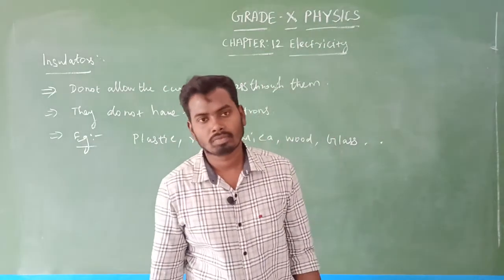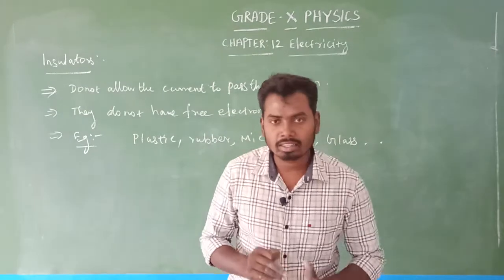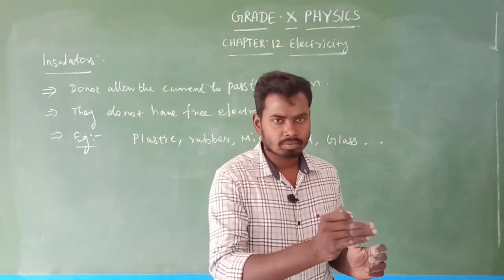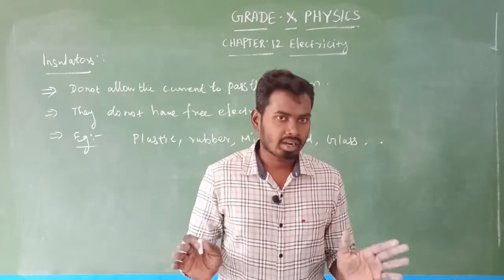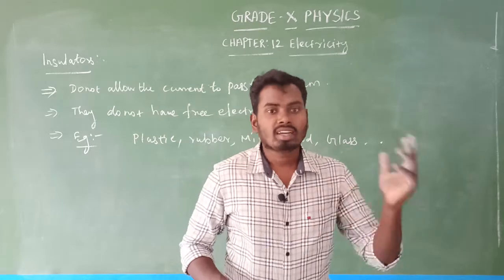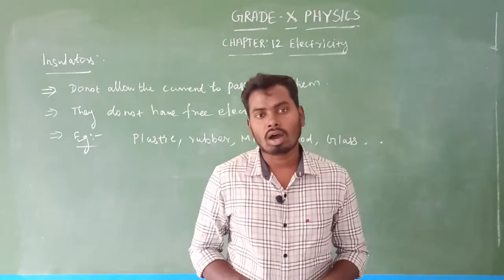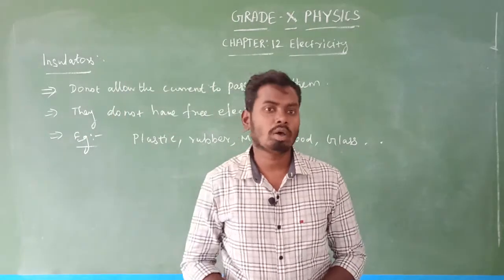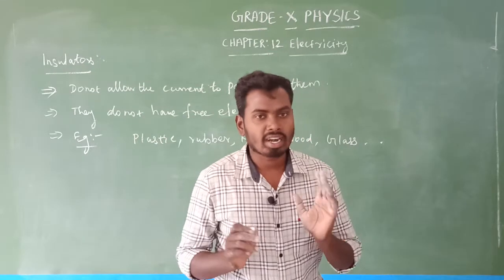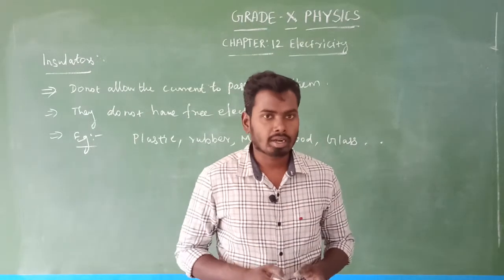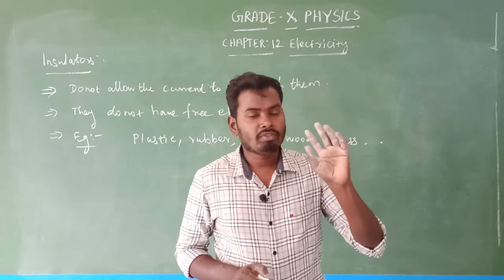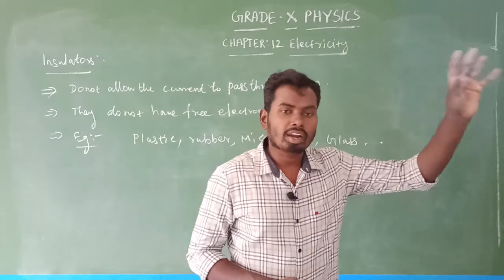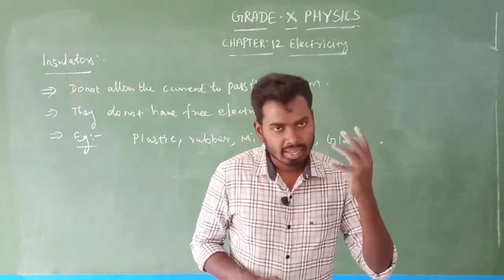So what is the main thing here? The material which conducts the current is called a conductor. Why does a conductor conduct the current? Because conductors have free electrons, or otherwise we can say valence electrons, in their outer orbit. Is that clear? Yes. The free electrons are able to move from one atom to another atom, so this flow of electrons is called current, which means electricity.